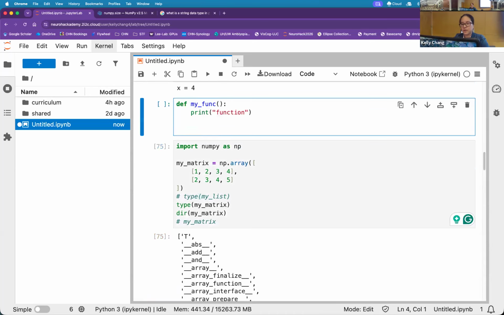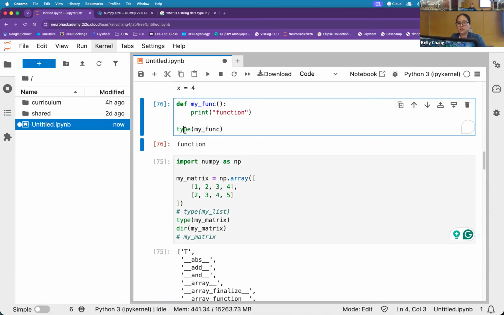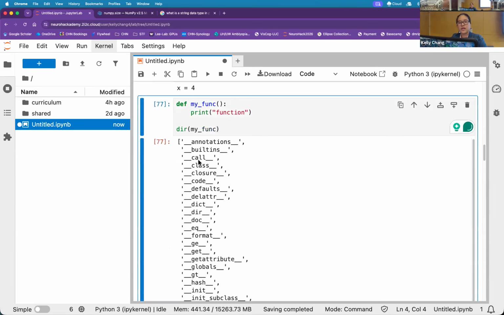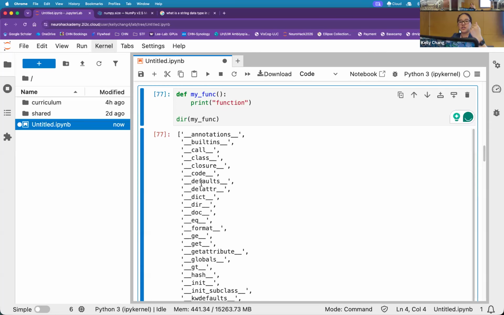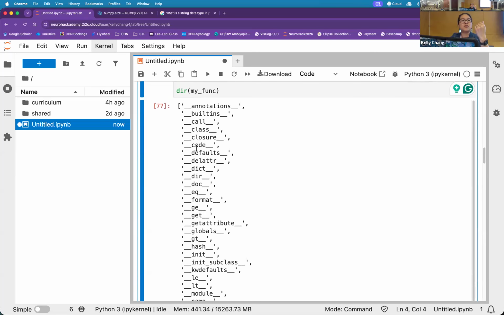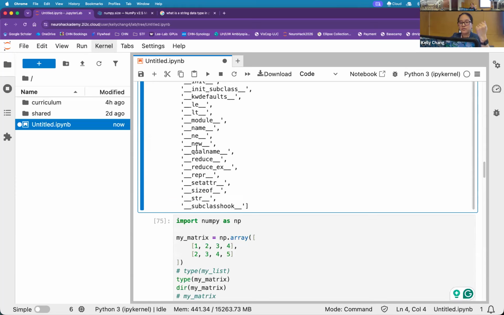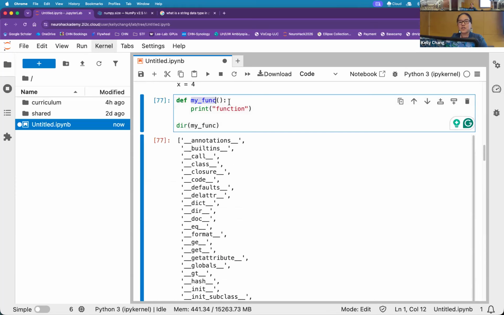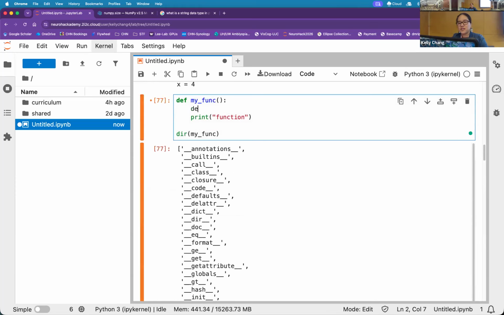Let me define my func as, again, a print function. So this is a user-defined function. Let me do a real quick check on the type of my func, and a quick check on the dir. When you automatically create functions in Python, it automatically comes with these underscores. When I'm defining the class of my function, this is a little bit different. You can actually define something like this